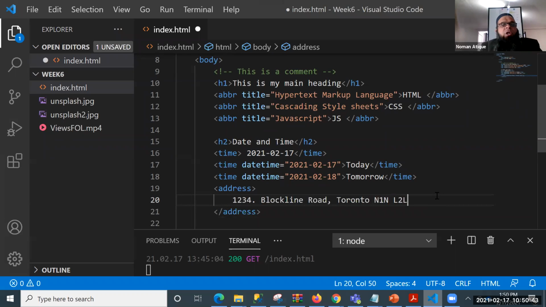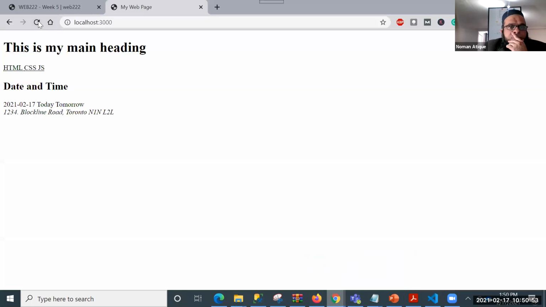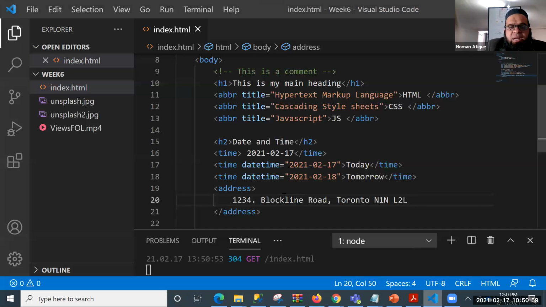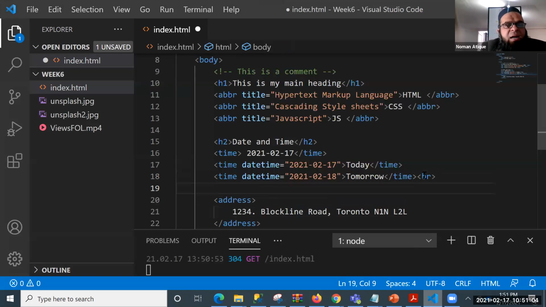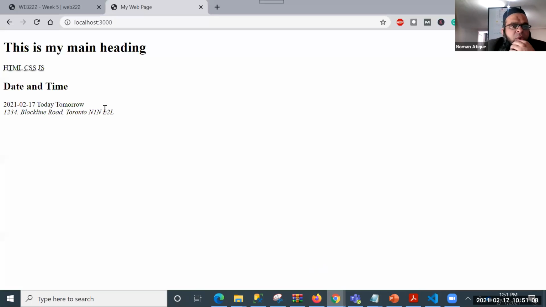L2L. So I wanted to write this address. So now what I've done is that I have tried to place that address in a typical way, but let's see something very interesting. Okay, after this datetime, I have got this address. You remember that we can put a line break by using BR. BR will put a line break. So let's put a line break so that it becomes more visible.